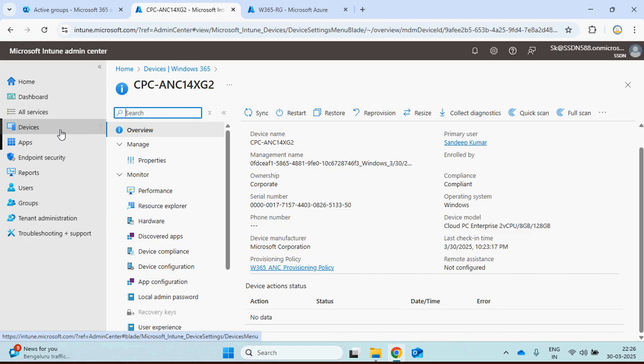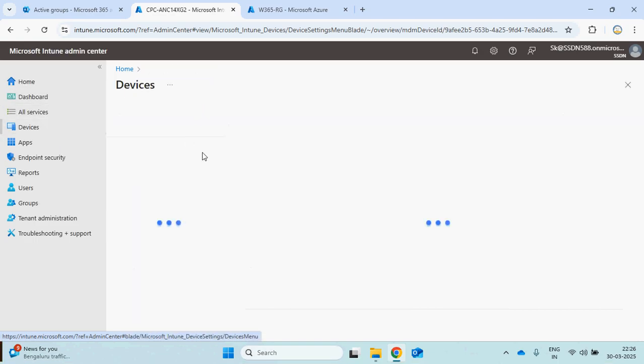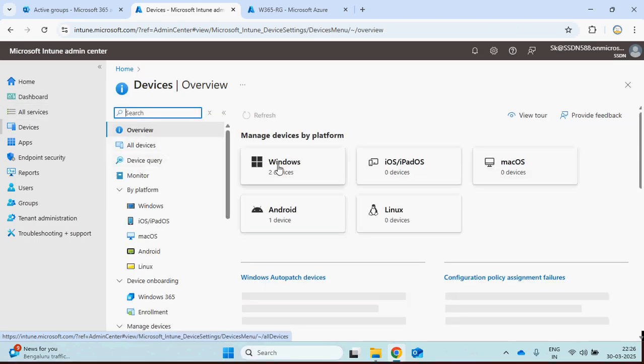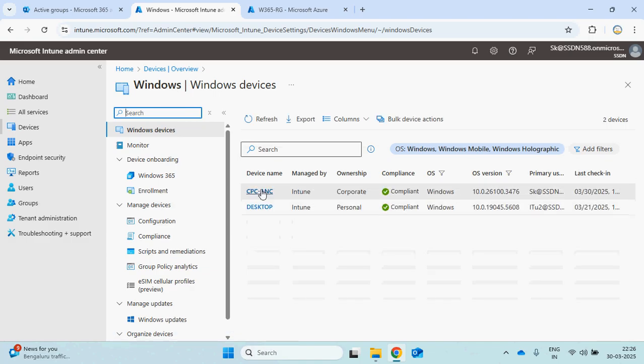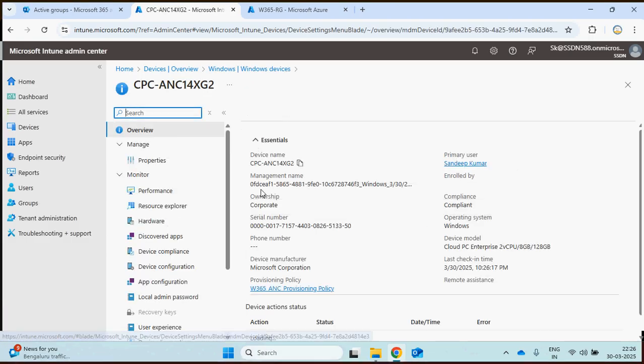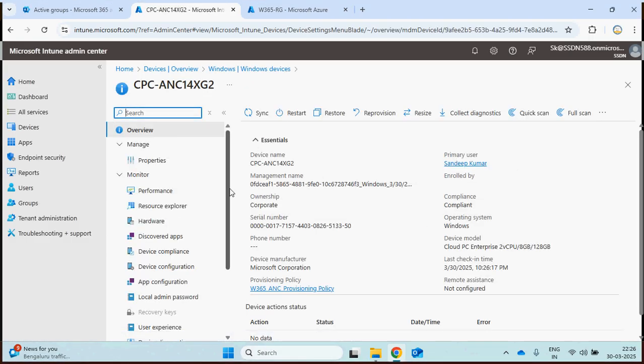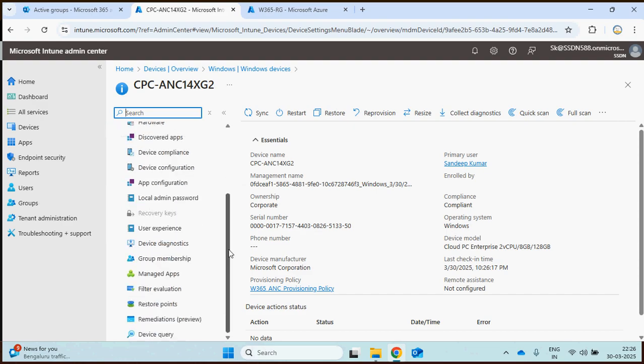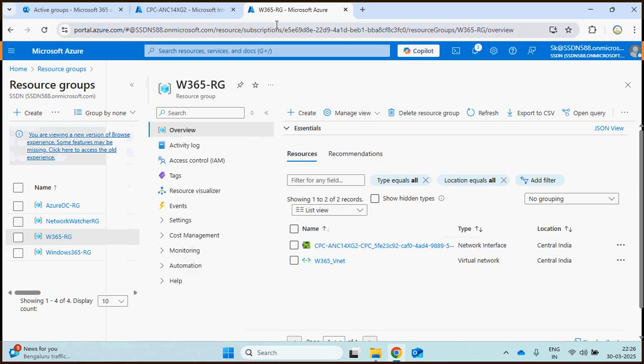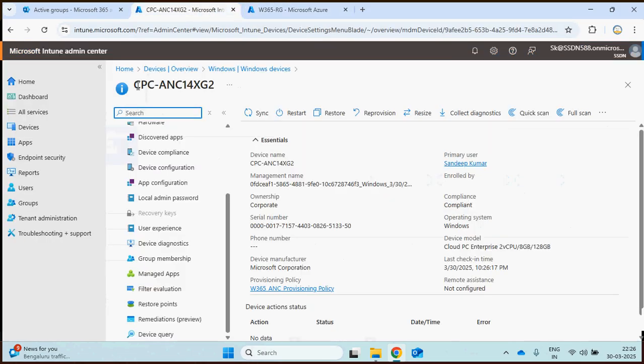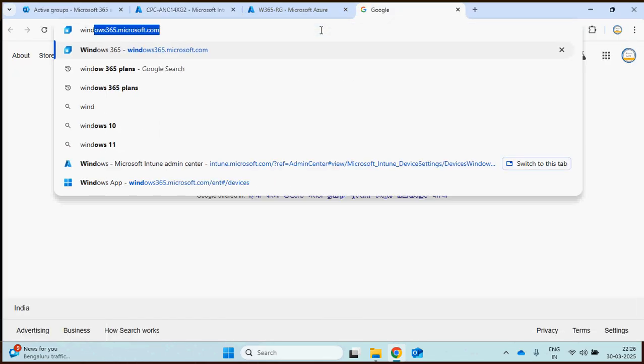So let's go to the devices, and then we can find the CPC device here. Now I want to show you something. Before that, let me go to Windows 365.